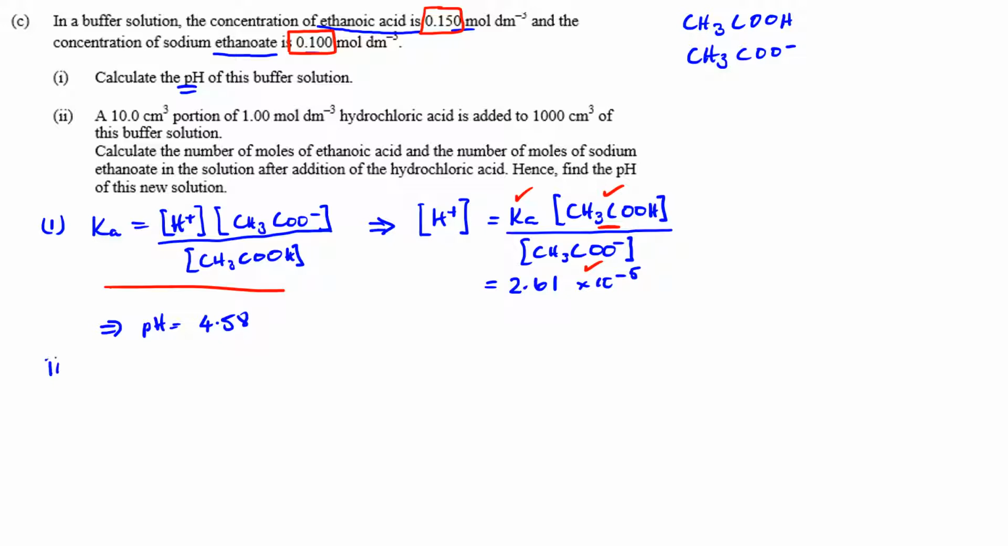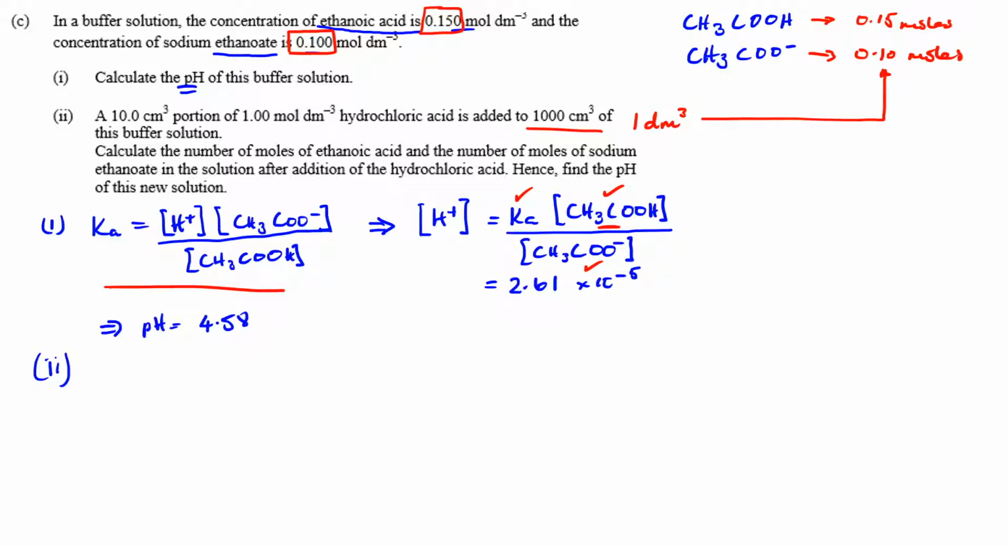So let's just have a quick look at our buffer, and we have 1000 cm cubed, which is of course 1 decimeter cubed of the buffer, which means that we have 0.15 moles of our ethanoic acid, and that means that we have 0.1 moles of our ethanoate ions in our decimeter cubed of buffer. So that's our buffer, and what we're doing is we're taking